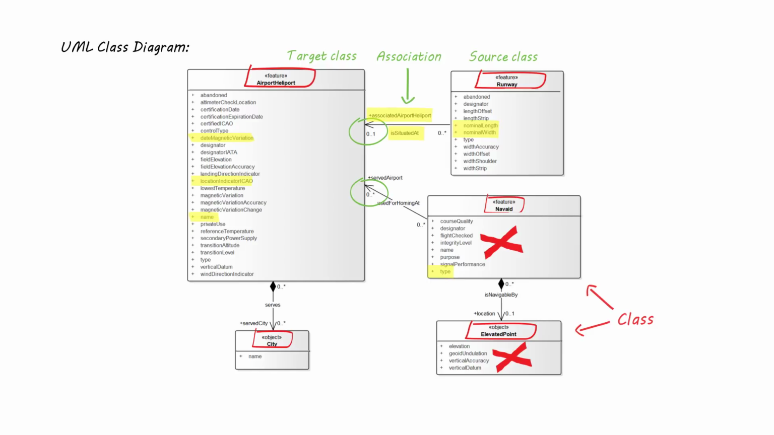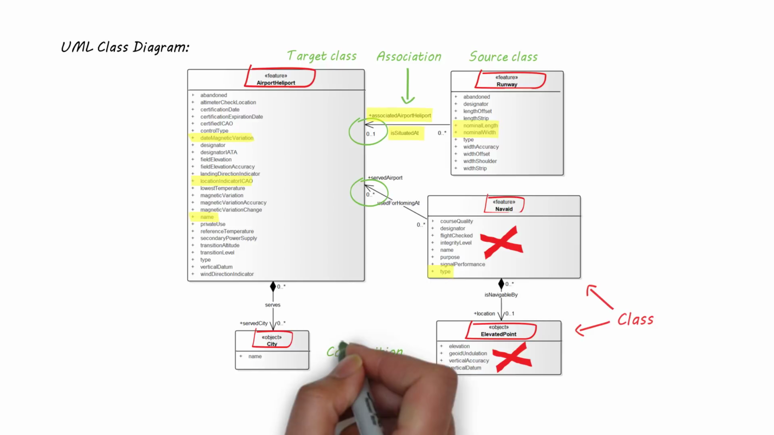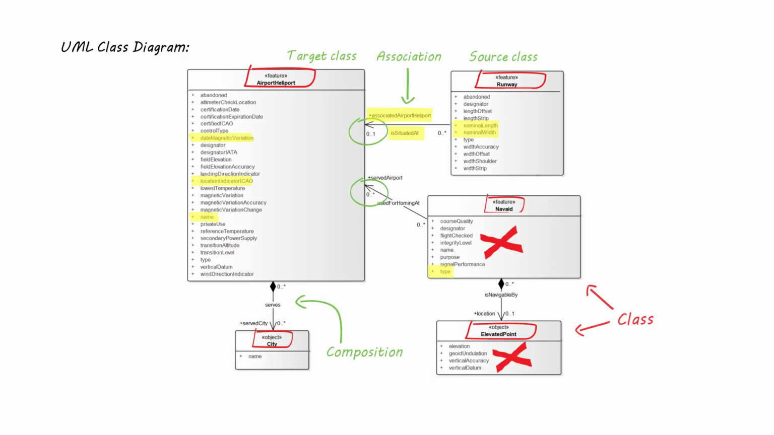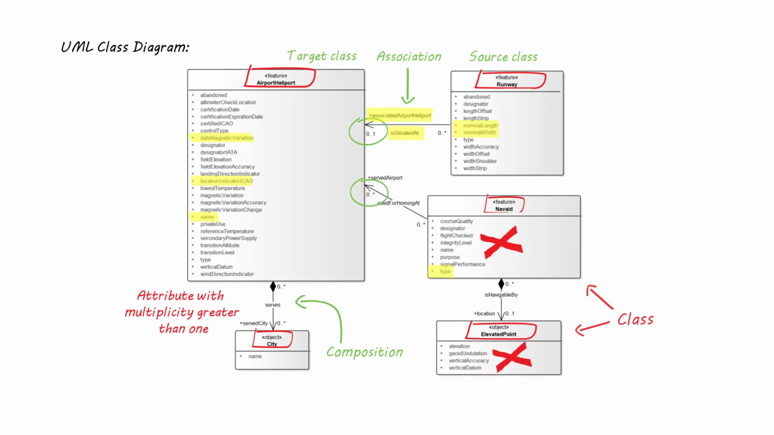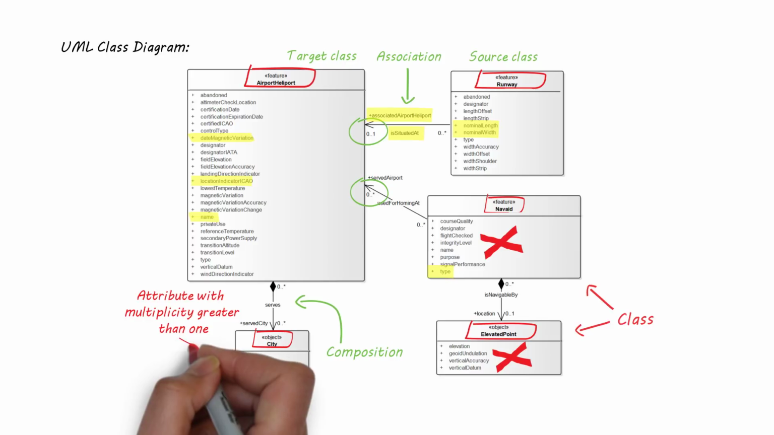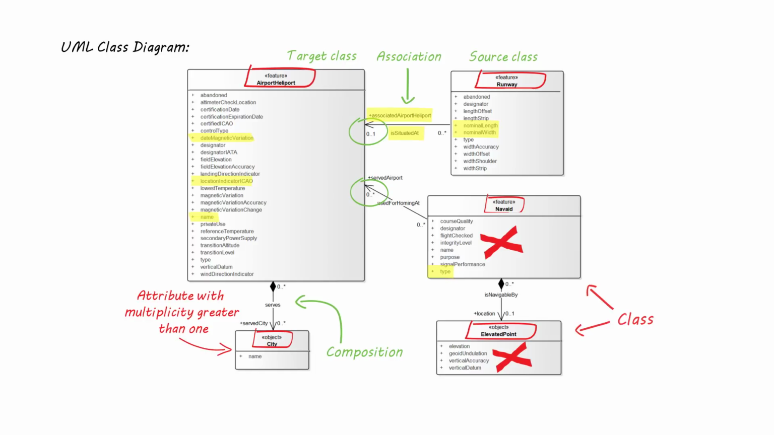For relationships between features and objects, compositions are used, indicating that the object is a part of the feature. Objects serve two purposes. First, they are needed in case an attribute has a multiplicity greater than 1, like in the case of served city. As an airport may serve more than one city, it cannot be an attribute of the airport heliport feature, but